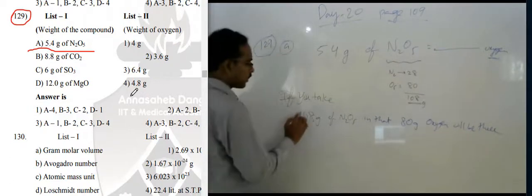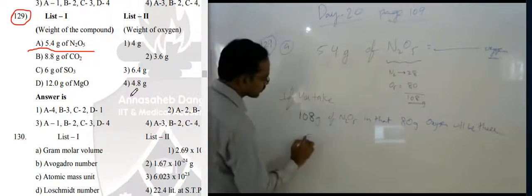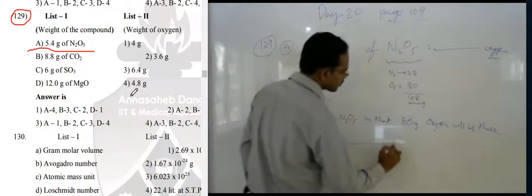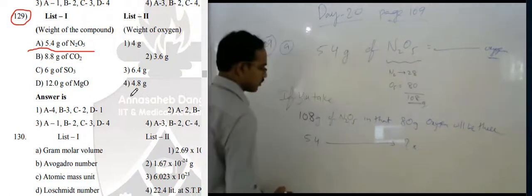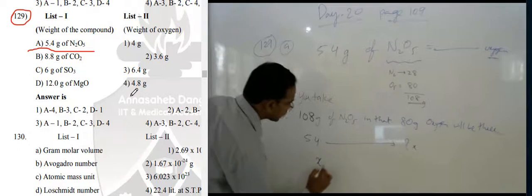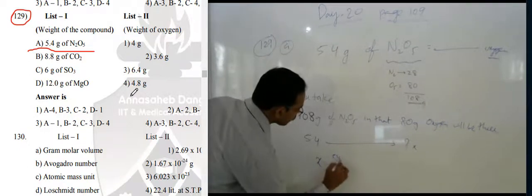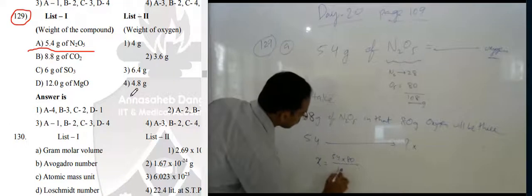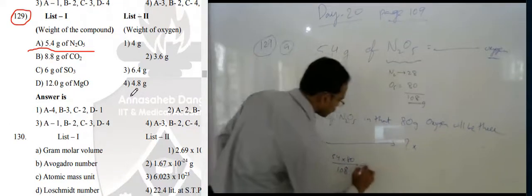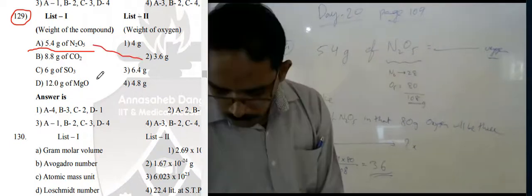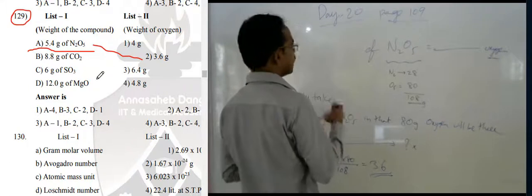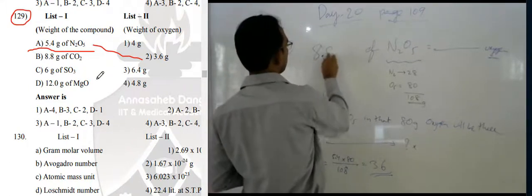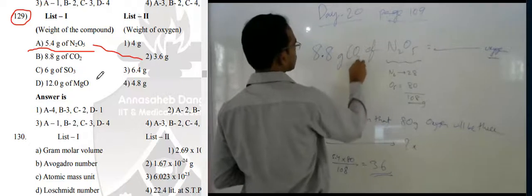If you take 108, but I am taking only 5.4 gram, how much is there? Cross multiplication. Say x. Then x equals 5.4 into 80 upon 108. Yes, will you do it? 8.8 gram of carbon dioxide. In 8.8 gram of carbon dioxide,